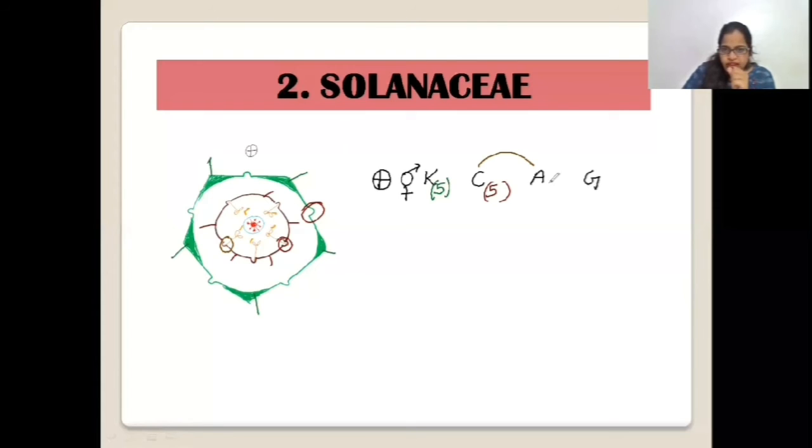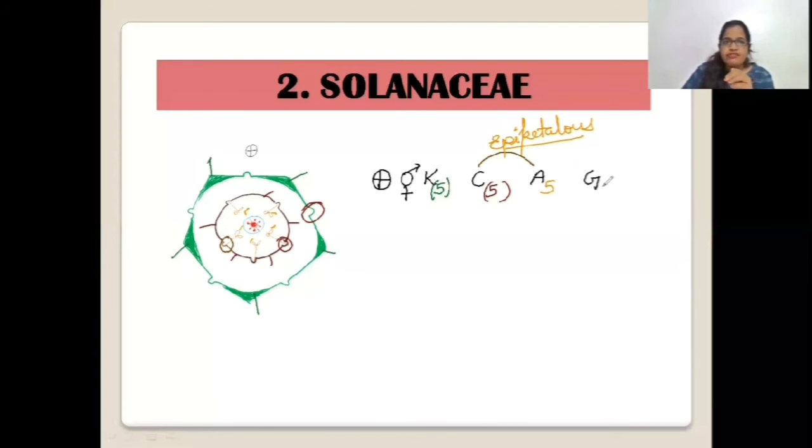So I'll use 5, but look, here these stamens are not fused with each other, so I'm not using the brackets. These stamens are fused with the petals, and I have used this arc to show this condition, which is known as epipetalous condition. What does it show? Even though I have discussed this already, I'm again writing it. Epipetalous condition, where the stamens are connected to the petals just above them. Okay, so we are done with the three whorls.